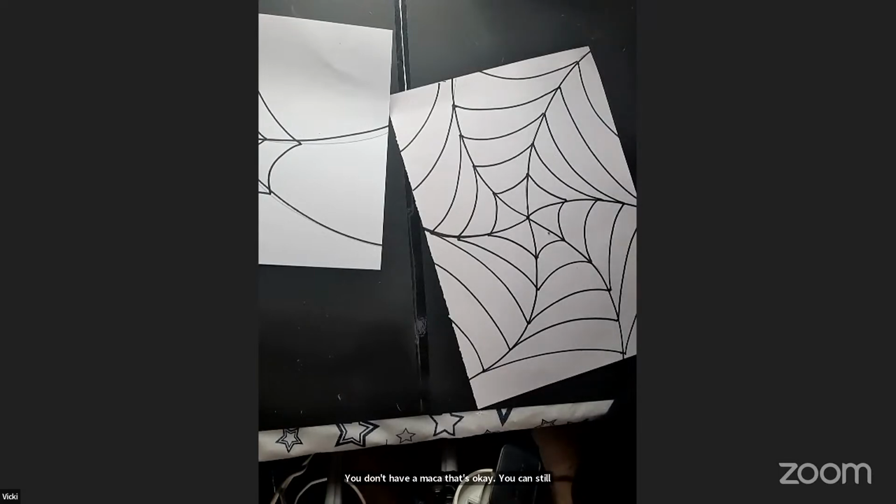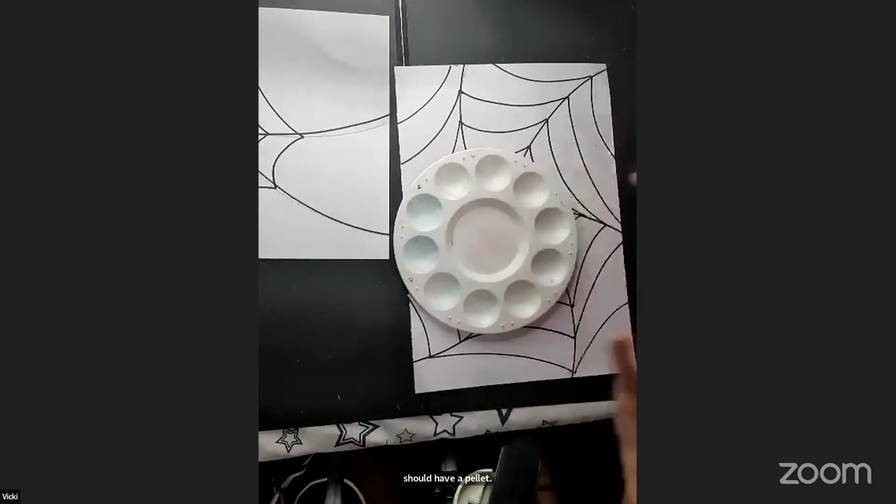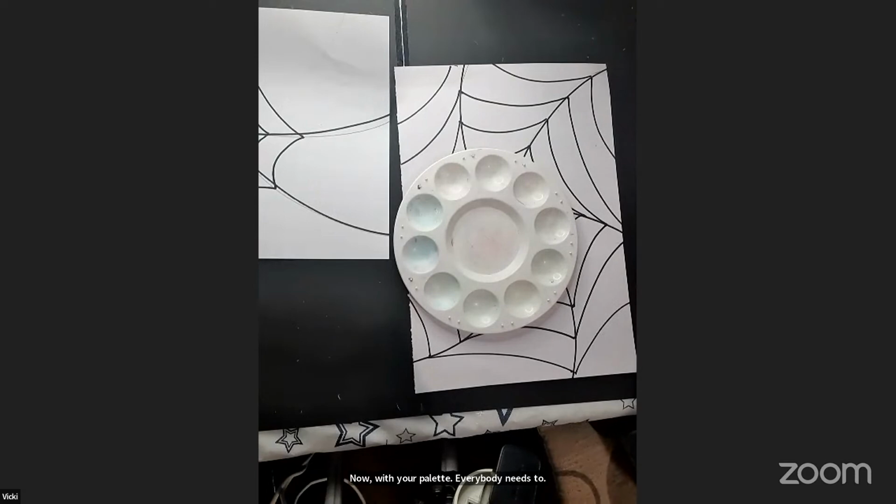Now, I want everyone to grab your palette. You don't need a palette. You can just get a piece of scrap paper. You don't have to have a palette, but you should have a palette. Now, with your palette, everybody needs to start with, you need